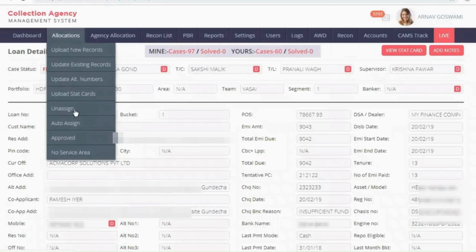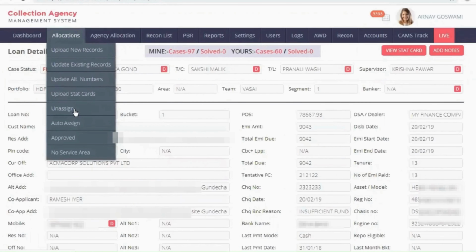The next, unassign. So, I've already told you about that. These are the cases in our area, but we haven't assigned them to our boys. Those cases go to unassigned. In auto assign, the cases go that are in our area. And we've made the boys visible, but we haven't approved those cases. The cases we've assigned, locked, we can see how much allocation we've got in the approve section, in no service